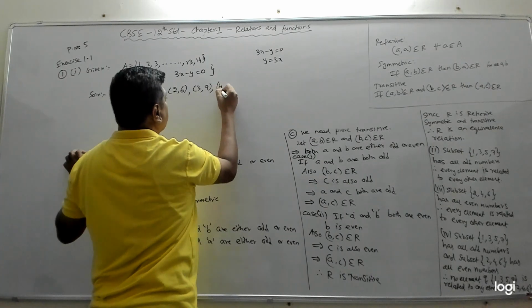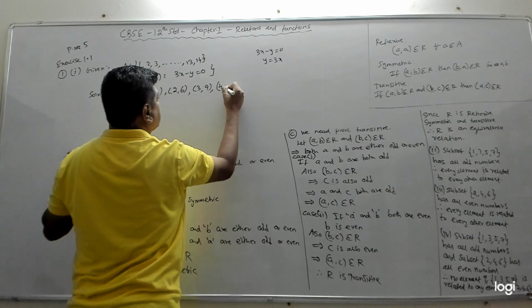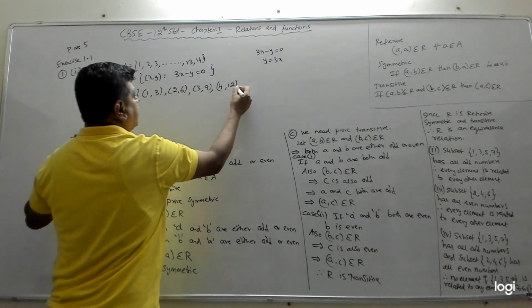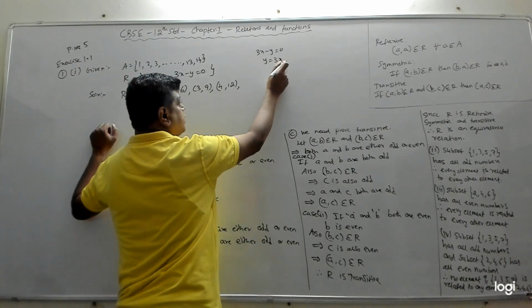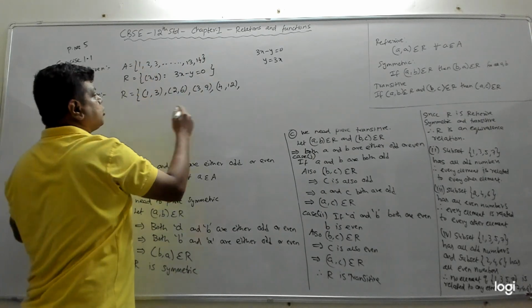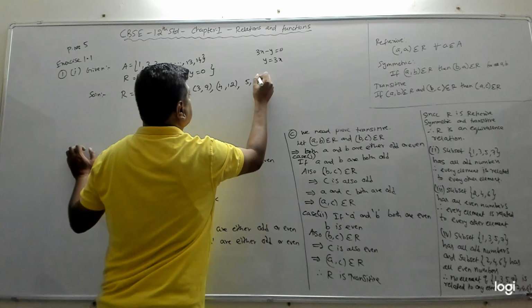Next, if you put x as 4, then y is 12. You should always write as x comma y, first x, then y. Then we put x equal to 5. If I put x equal to 5, y becomes 3 into 5, which is 15. But 15 is not in the set. So we cannot write it, if I put x equal to 5, I get y as 15.